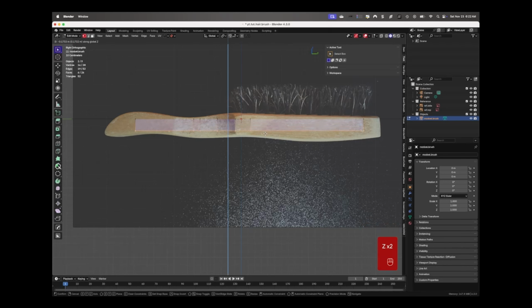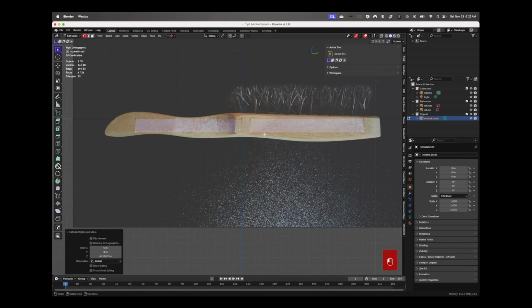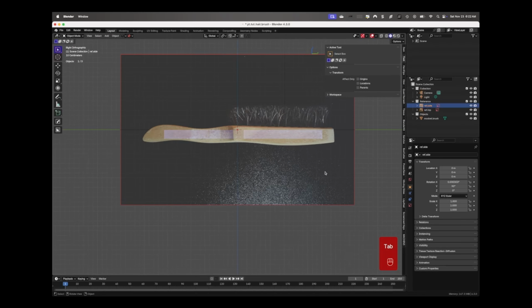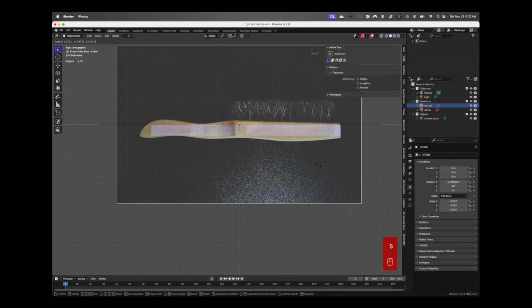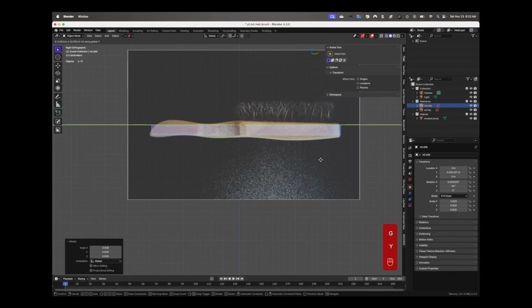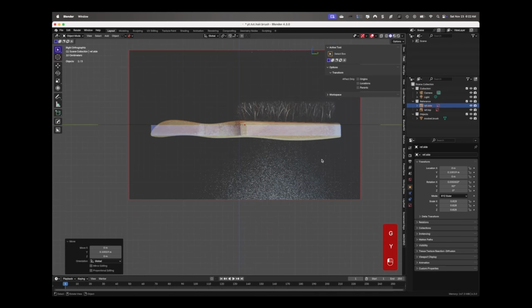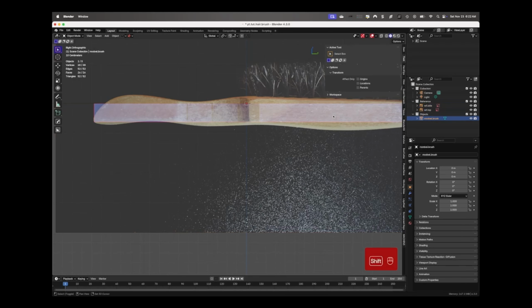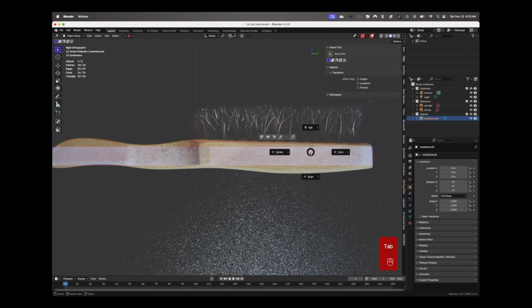I'm going to go ahead and extrude the model down, and then I'll go back in there, and then I'll scale down this image. Like I said, it doesn't have to be exact, but just get it as close as you can. What we want to do is capture the shape and the lines of the model.